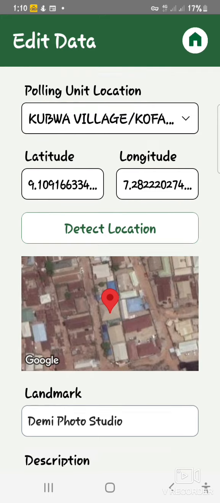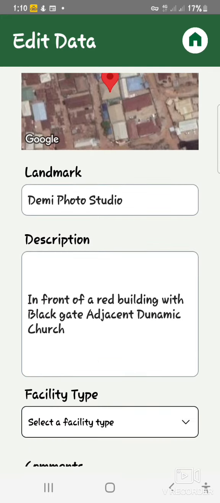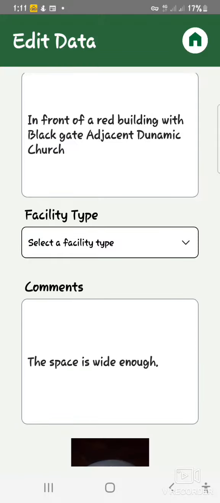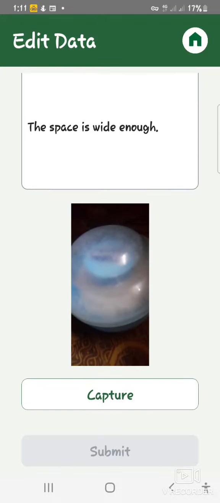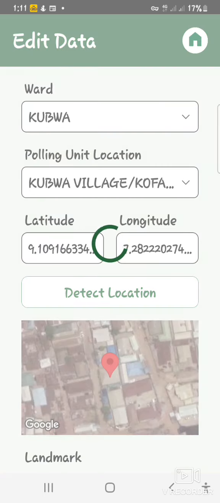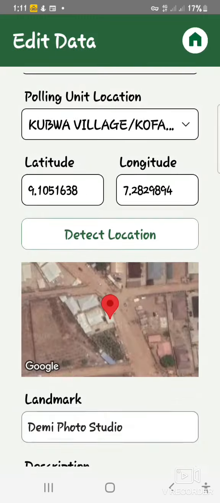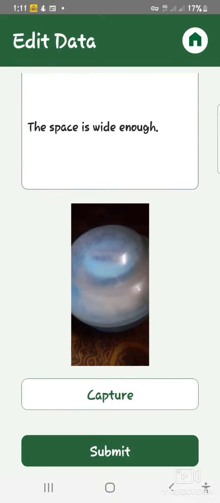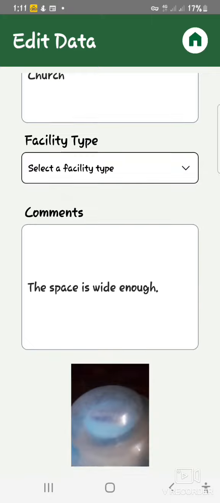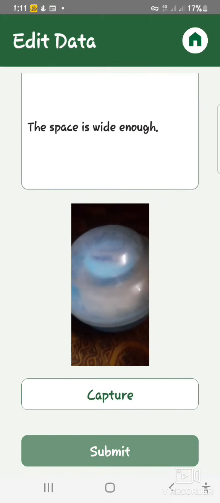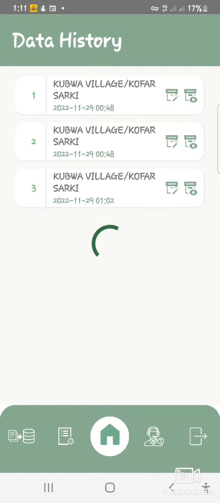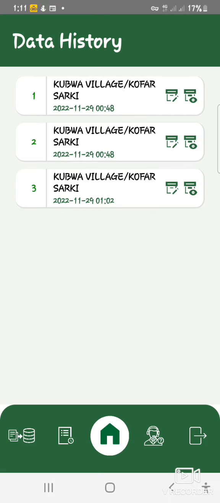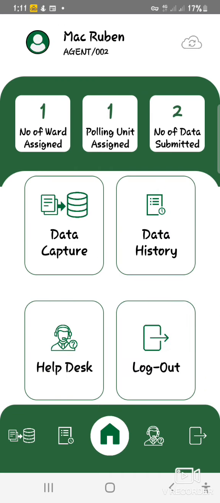So now, how to edit it? To edit it is just by clicking on this pencil. So if you click on the pencil, you'll be able to edit your data that you have submitted. So you make your necessary changes. If you don't make any changes, the submit button will not appear. So make your necessary changes and hit on the submit button. All right, so once you hit on the submit button, it submits successfully. Okay,